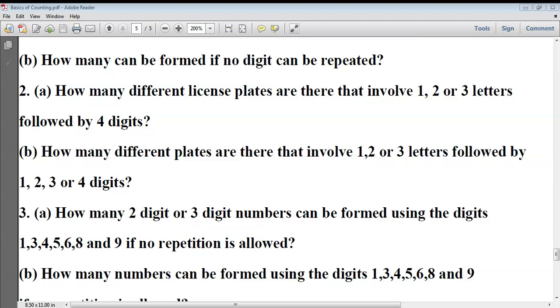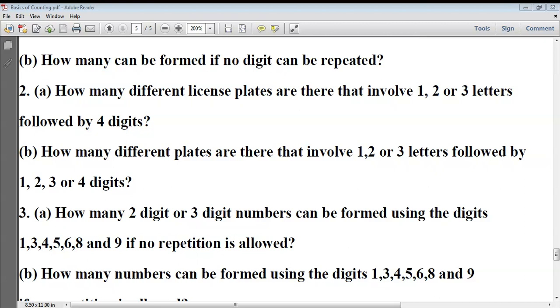Next one. How many different license plates are there that involve one letter or two letters or three letters followed by four digits? So the question is saying that one letter with four digits, or two letters with four digits, or three letters